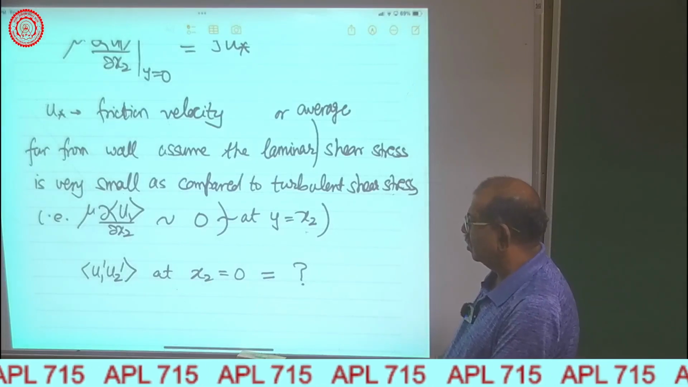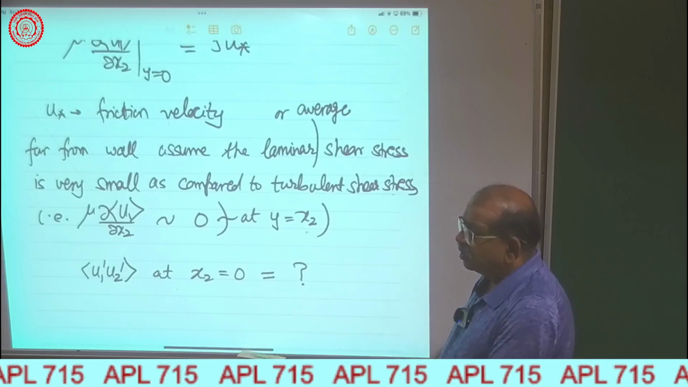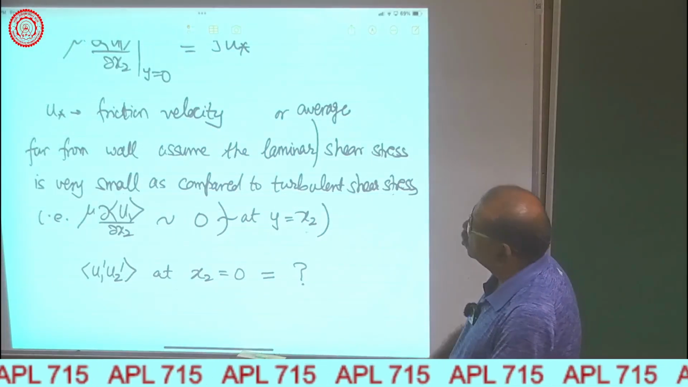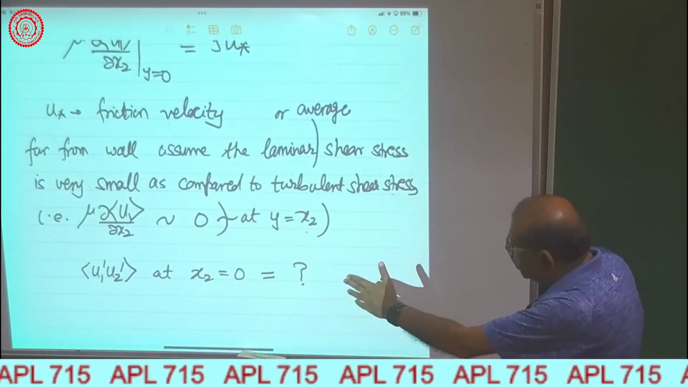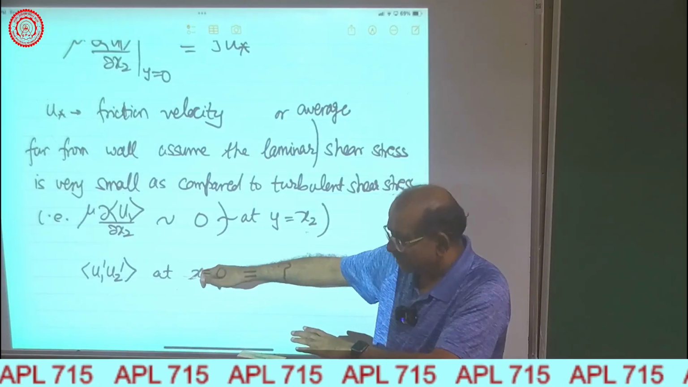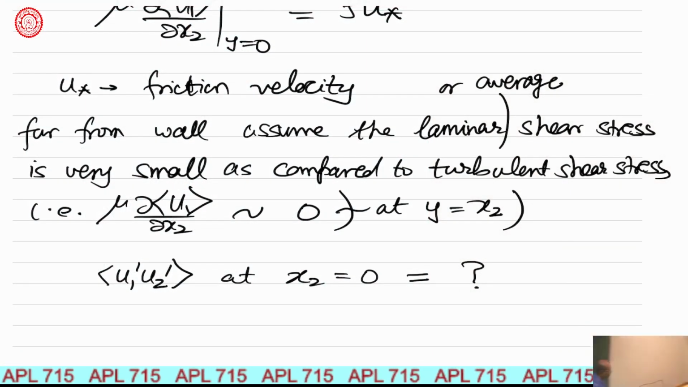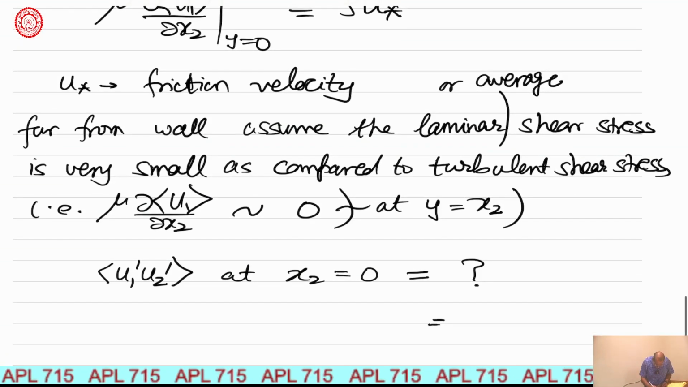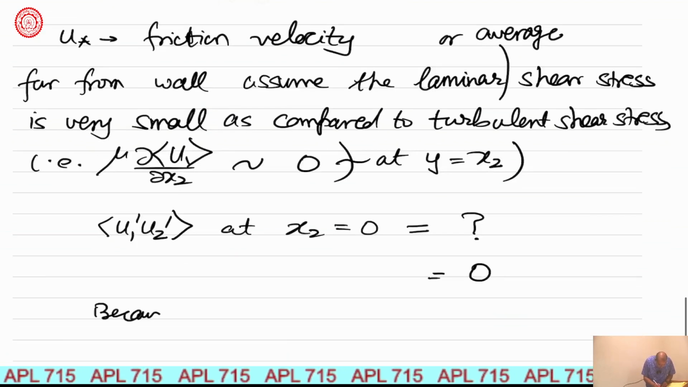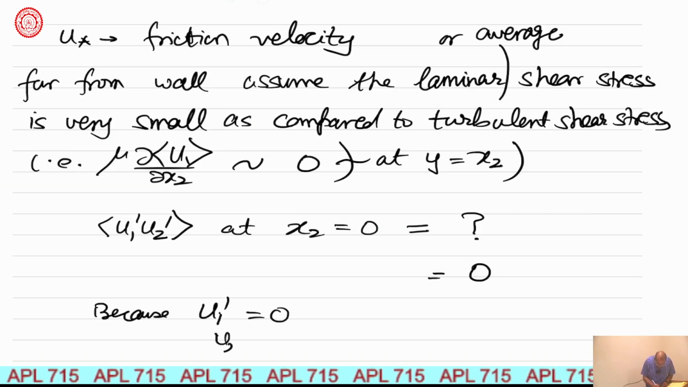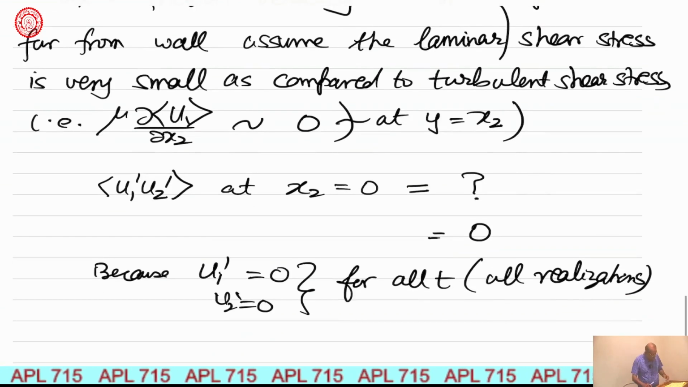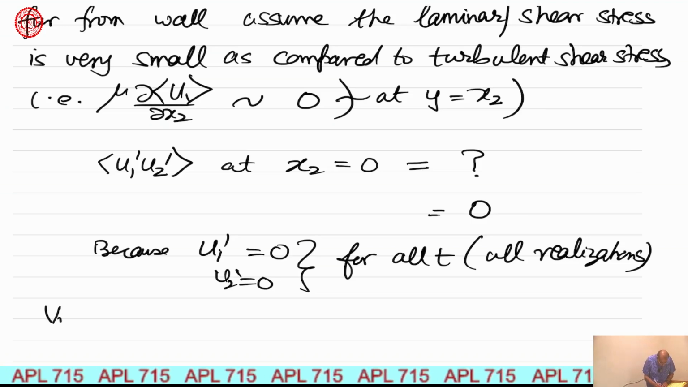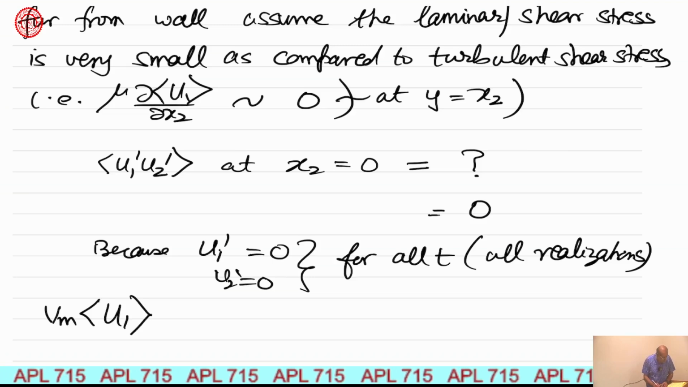What is U2 prime? What is instantaneous U2 at the wall? Vm. And the mean of it is also Vm. So irrespective of turbulence at the wall, in any flow, the average of U1 prime, U2 prime at x2 has to be equal to 0, because U1 prime is equal to 0 and U2 prime is equal to 0 for all t, or for all realizations. This is 0. So now what we get, if I apply this in the equation, is Vm times mean of U1 is equal to